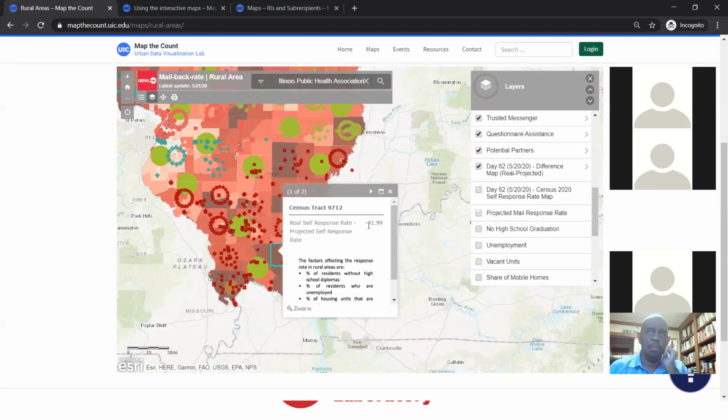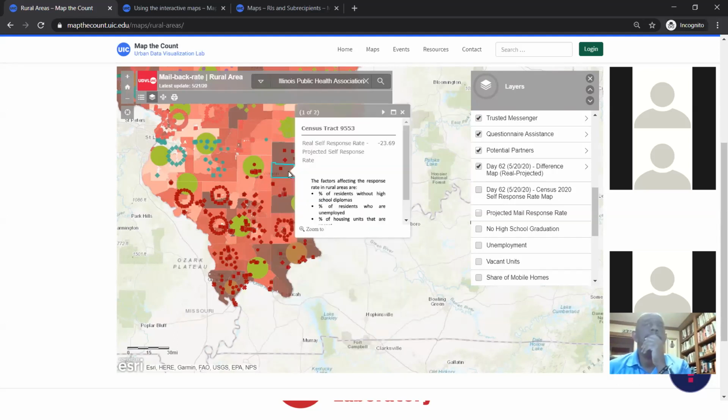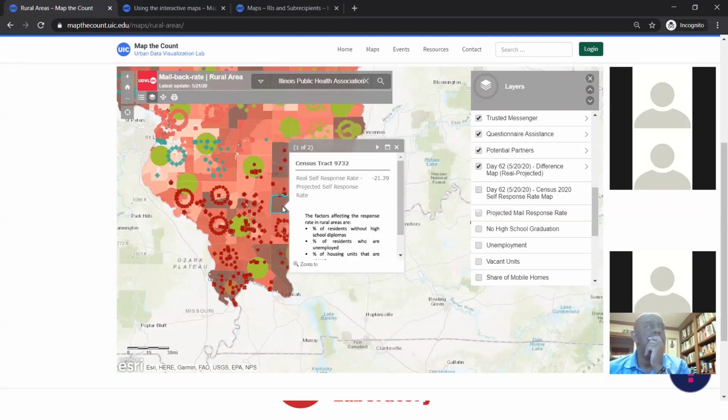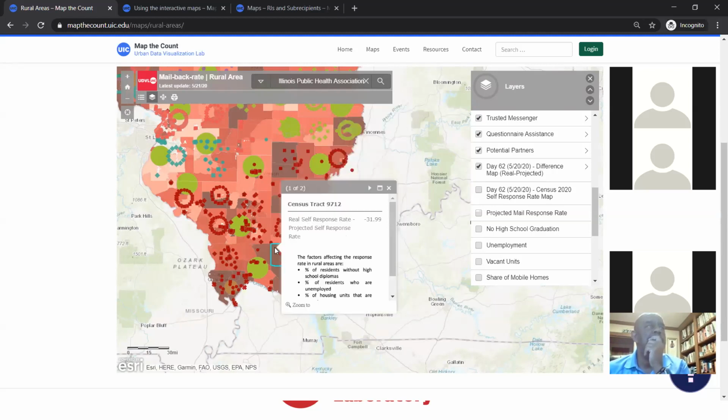And why we think it is important is because an area might be projected to do really well and have a high response rate. So you might have, say, a 60% response rate in that area. But actually the goal or the projection for that area might be 80%. And if you're still at 60, that's not high enough. And we're counting on those high response rate areas, right? So we need to work on those areas too,